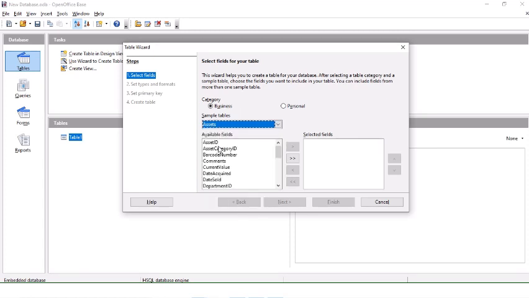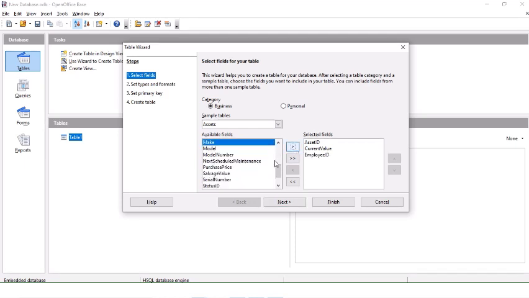Some of the categories are like this asset ID. Now I want this, so what simply I have to do, I have to either double click or select this current value, for example. So I just select it and then press this one, right? In this way you can take whatever value, serial number also we can take.